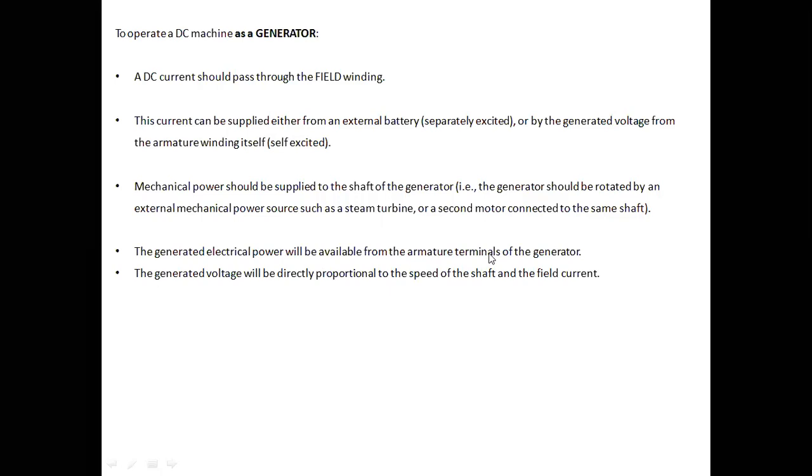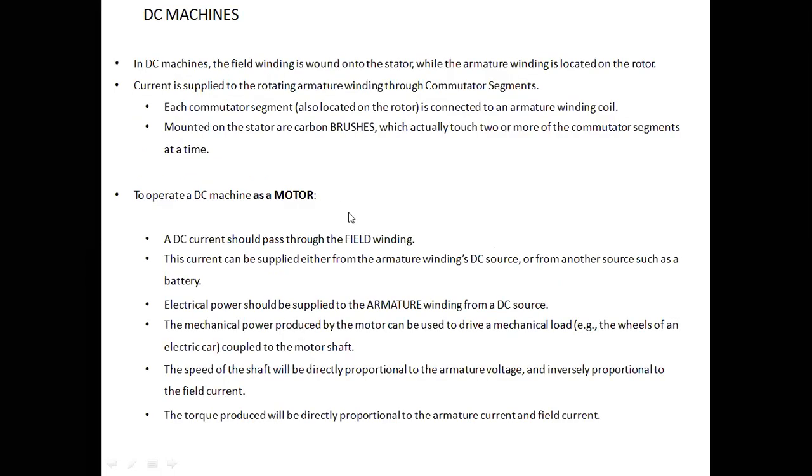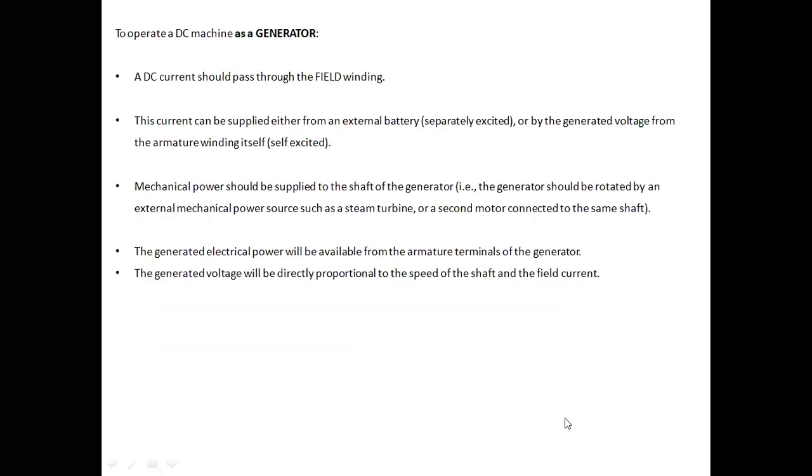Here the value of torque will depend on the value of the armature current and the armature resistance, but will also depend on the field winding current in the DC generator. But for the DC motor, the torque is directly proportional to the armature current, and it will also be directly proportional to the field current. Here also we get a voltage that is proportional to the speed of the shaft, and directly proportional to the field current.